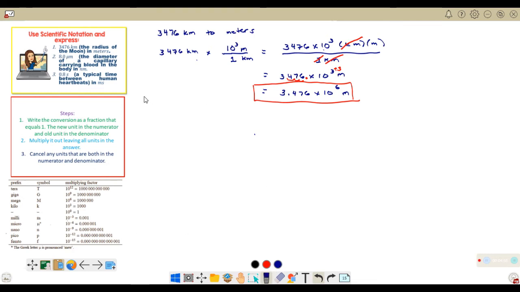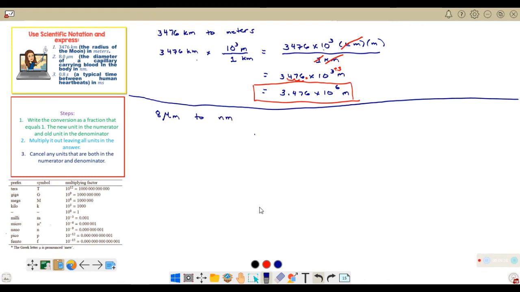We have, ito ko na lang siya ilalagay since may space pa naman tayo. 8 micrometer, this is the diameter of a capillary carrying blood in the body. Express it in nanometer. So, 8 palakihin ko siyang konti. Micrometer to